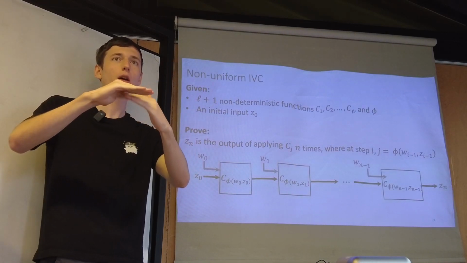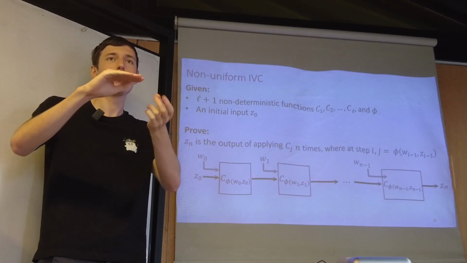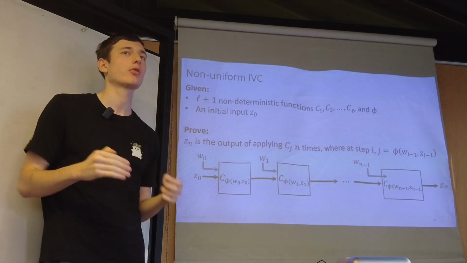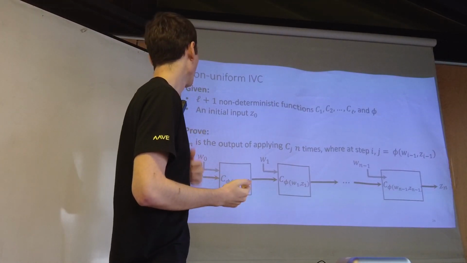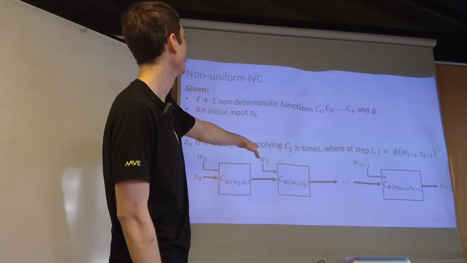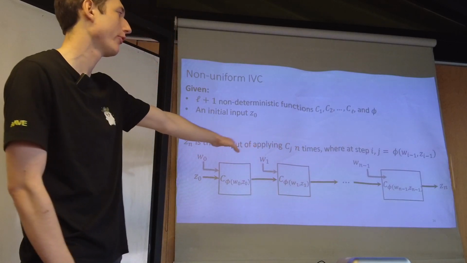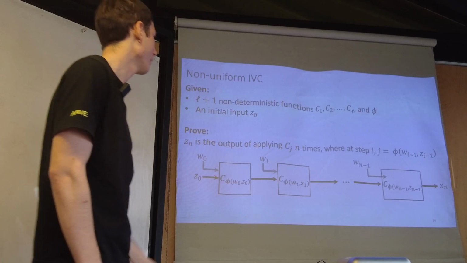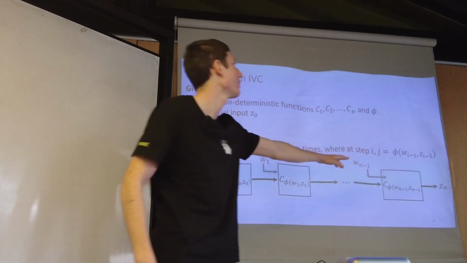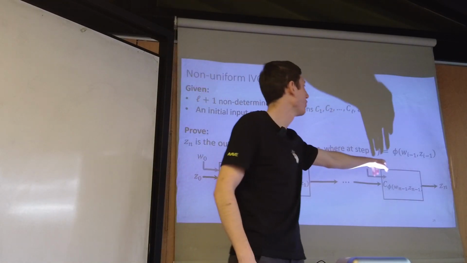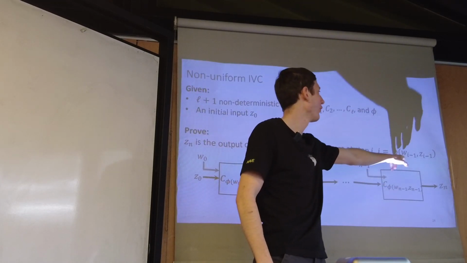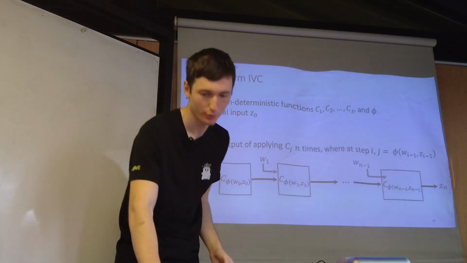Like, okay, you have one thing, and then you take the output of what's happening, like the state and everything, and you can get the next instruction, just like a stack in some way. And you have the initial input z. You are going to apply the circuit each time, folding just like Nova, but now the index of the next instruction, which is called J, you will see J a lot more after, is going to be the result of computing phi, which is the function that chooses the instruction over the witness and the previous outputs.